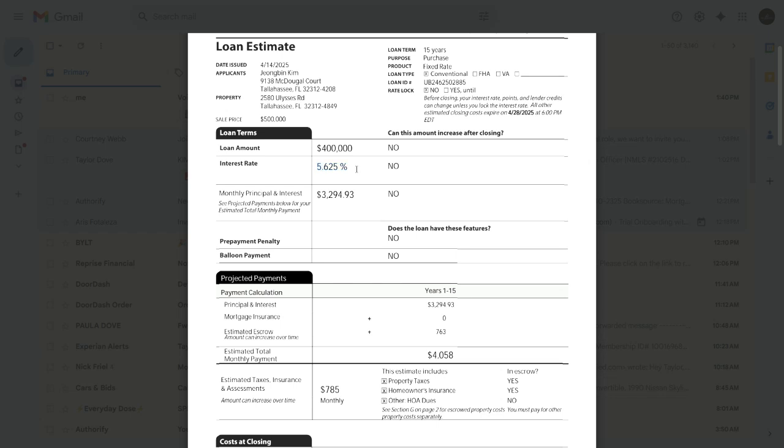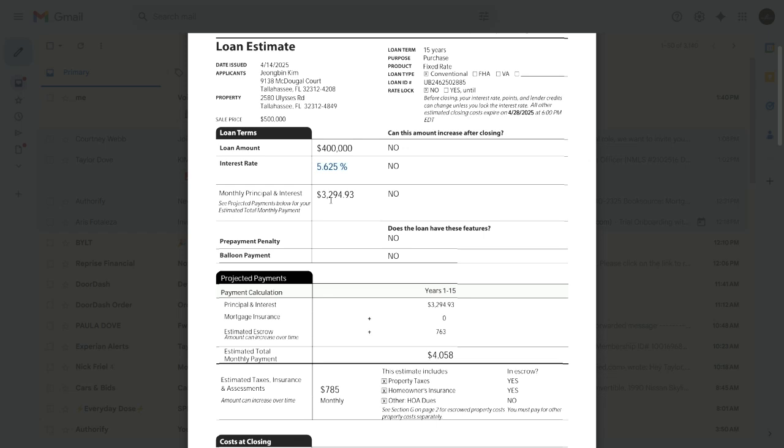Now this is locking for 60 days. That is the option, and this one is one you'd pay 1.4. Now this is not locked in yet. You could still lock it in, but when you do lock it in, you do get a one-time float down option. So if anytime during the 60-day period from when you lock it in to when you close, this interest rate goes lower, then you have the option to float it down to that new lower interest rate, which is awesome. And I'll stay updated, making sure I watch that, and I will let you know if it gets lower